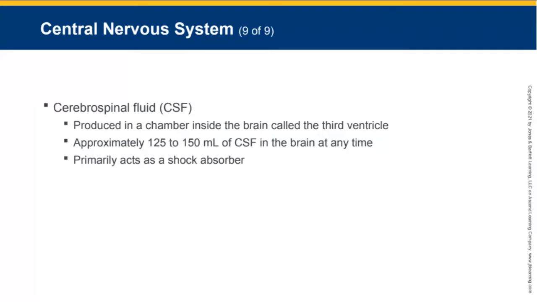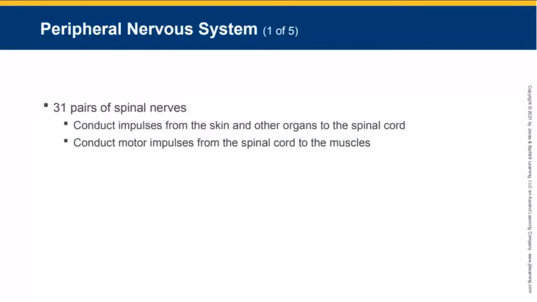This fluid is present as a shock absorber, so it protects the brain from impact and cushions the brain. There is also cerebrospinal fluid in the spinal canal as well to cushion the spinal